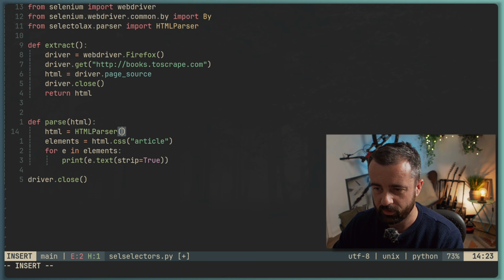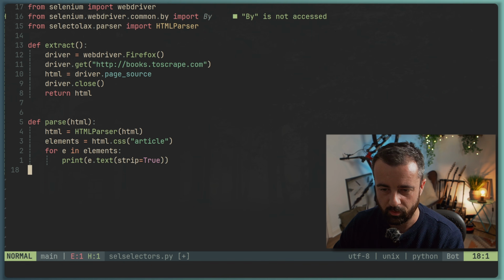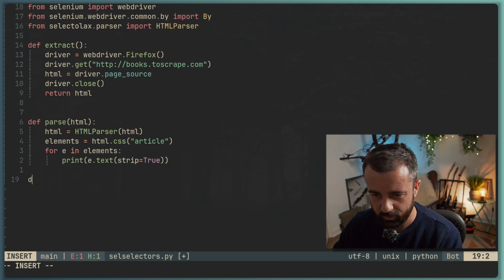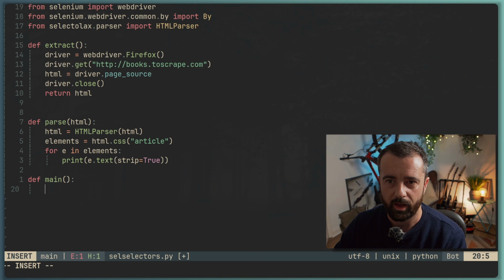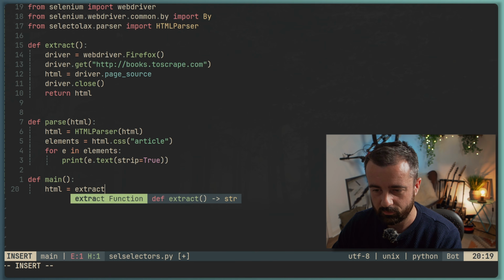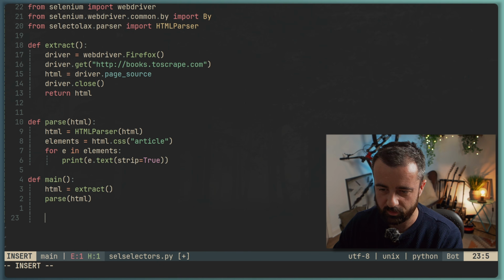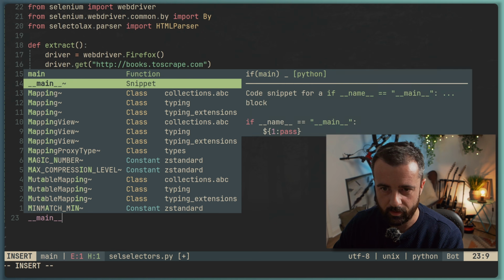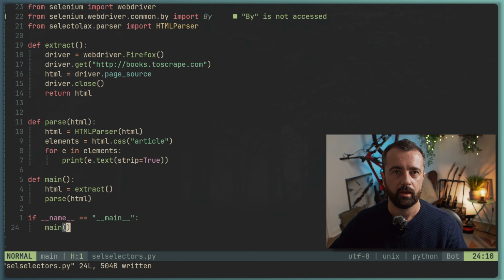So let's remove this because this is going to come from elsewhere. Save, and I'm going to remove this. We'll have a main function now. So we'll have a main, and this will basically allow us to run everything. So we'll do extract, and then we'll do parse on the HTML, and then we'll just have our if name is equal to main. So if we call this script directly, we get